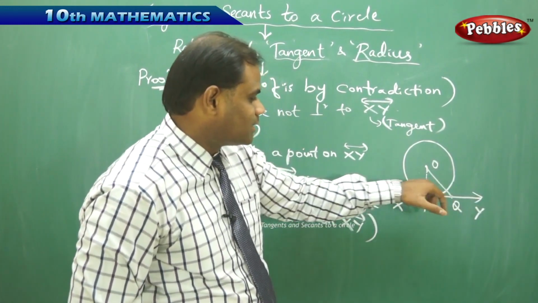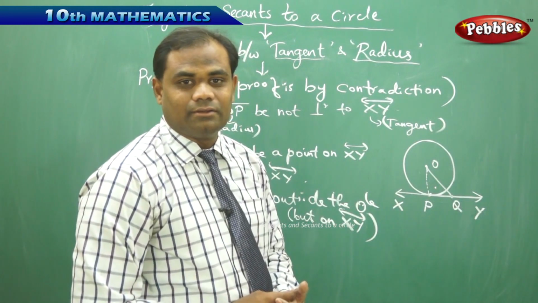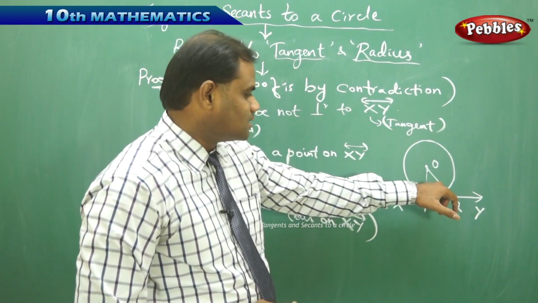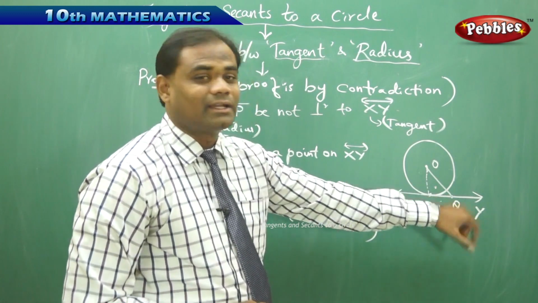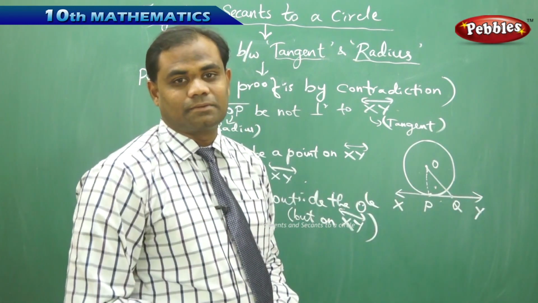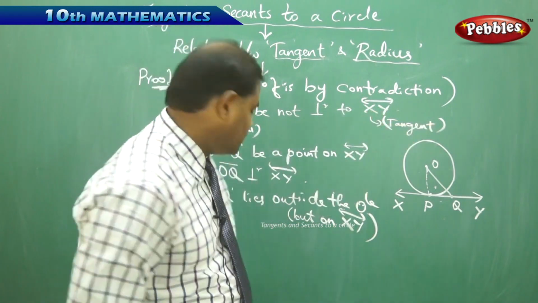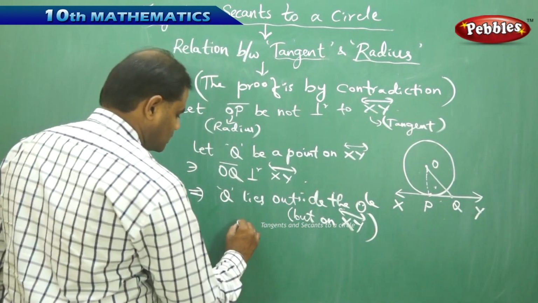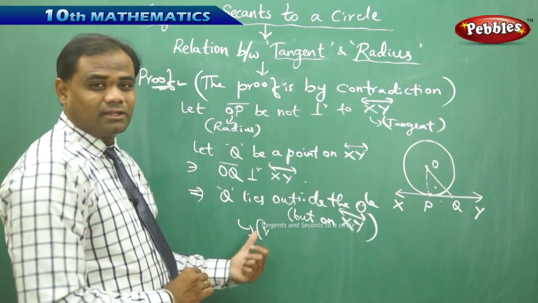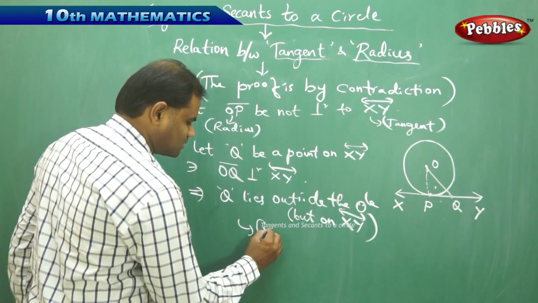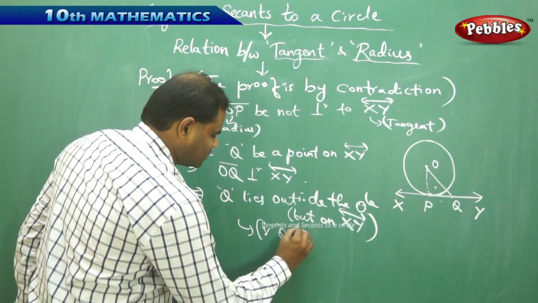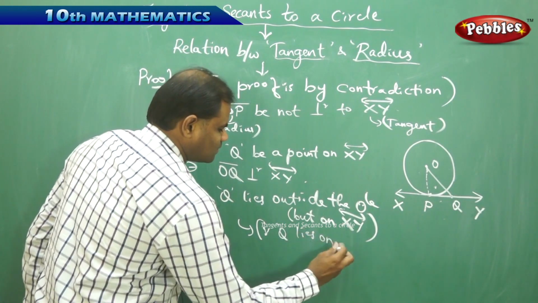Where this line acts as the secant. Therefore, Q cannot be inside the circle because strictly it lies on XY, which is the tangent. If it lies inside, you get a secant. So therefore, Q lies outside the circle. The reasoning is very important here, since Q lies on the